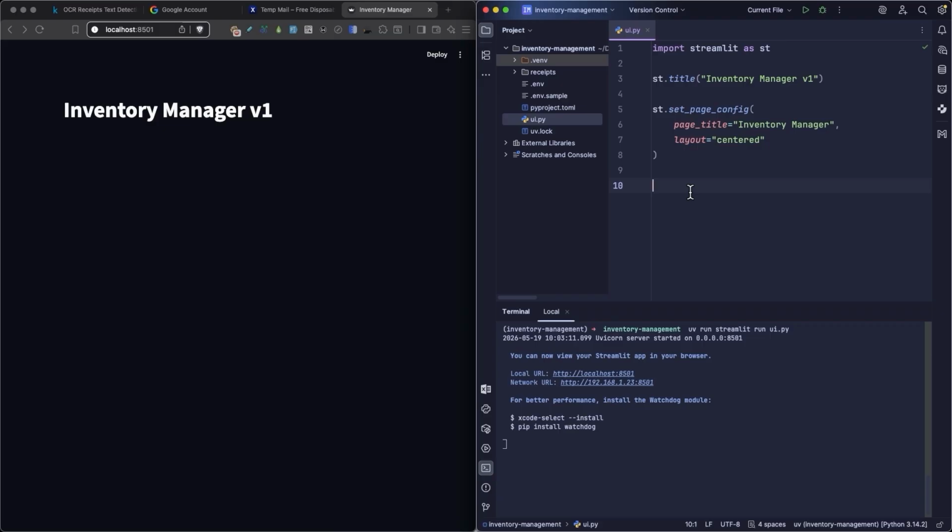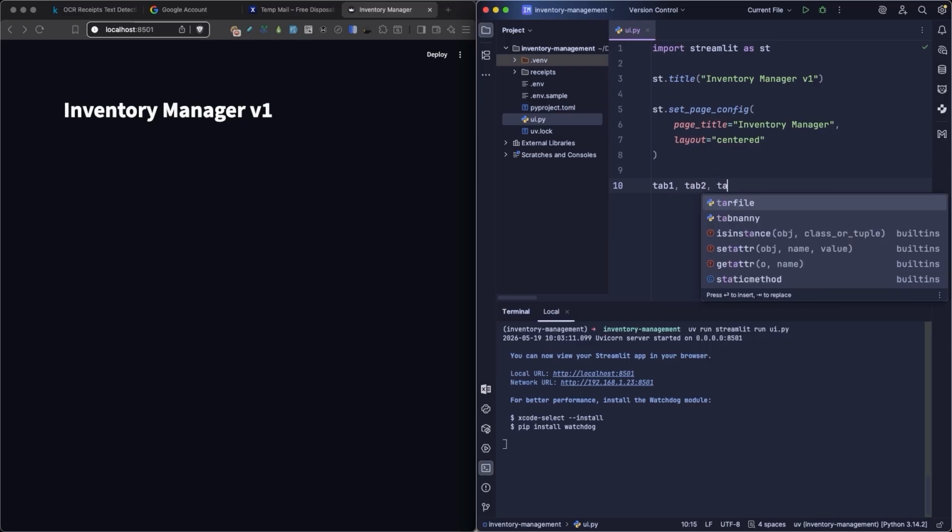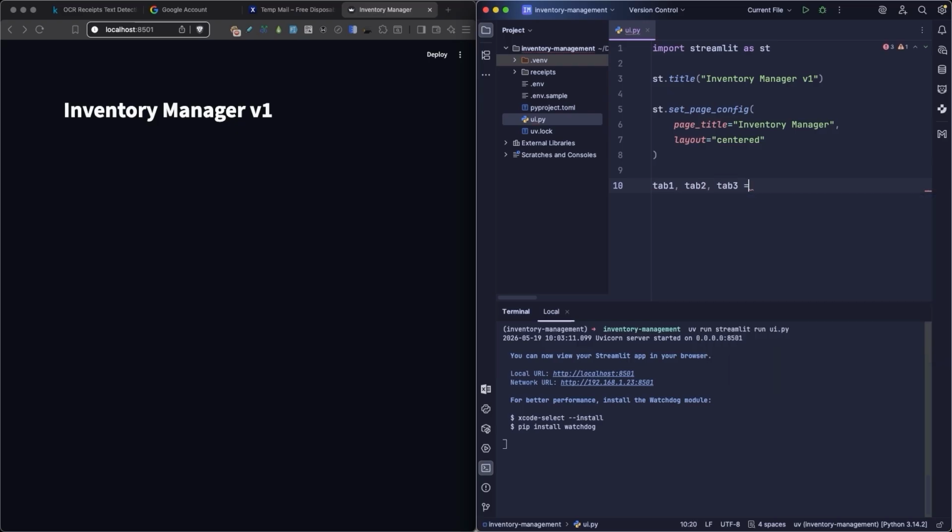Second tab is for voice. And the third tab just shows an inventory data, so we can see what's going on and we can do some manual updates to that if our agent made some mistakes. So I'm going to say tab 1, tab 2, tab 3 is equal to st.tabs and then create